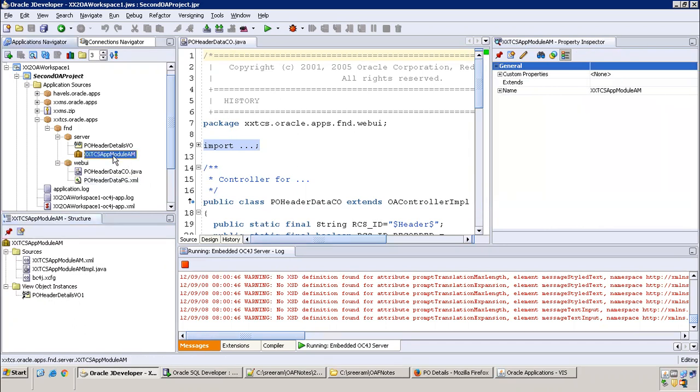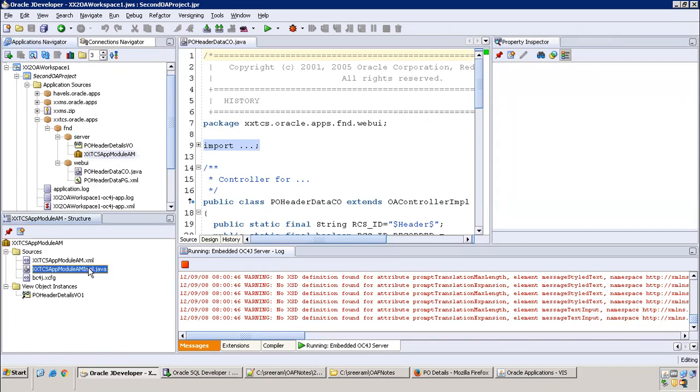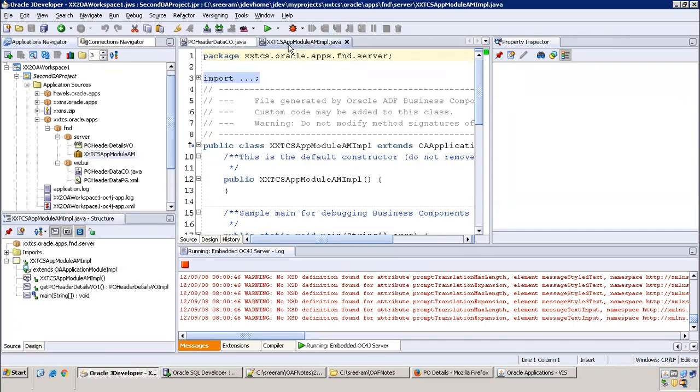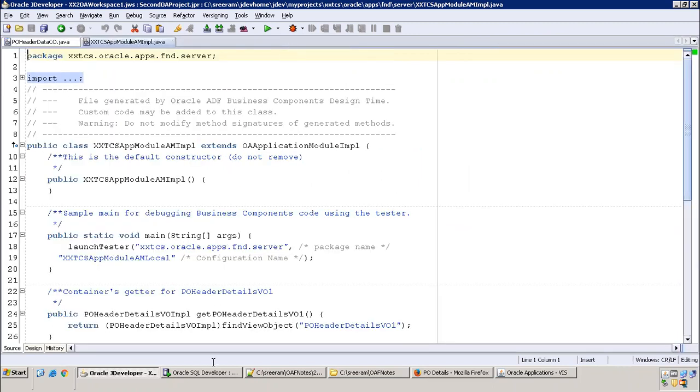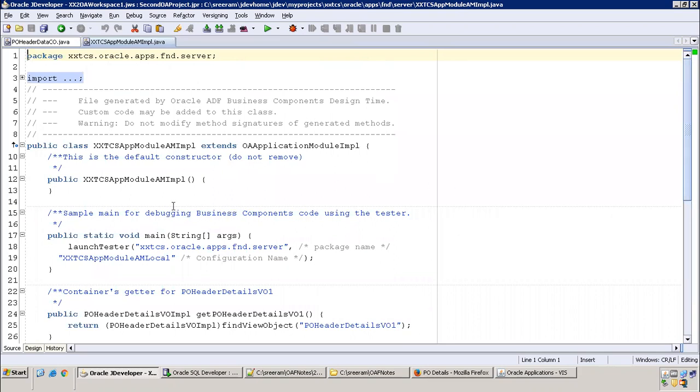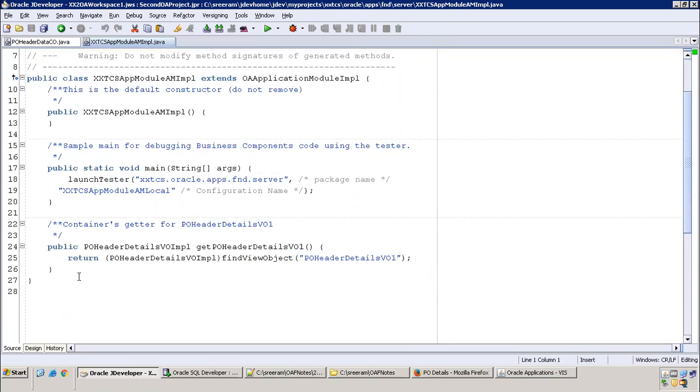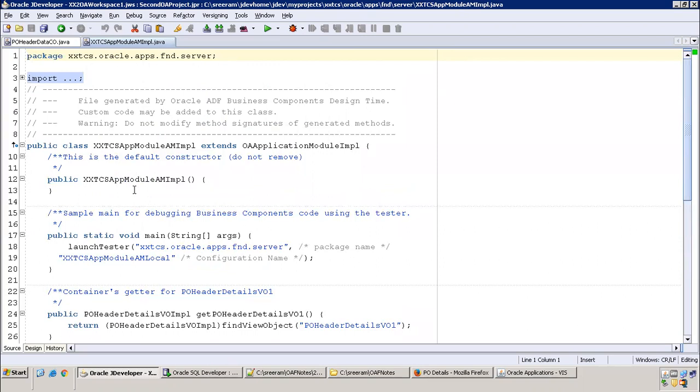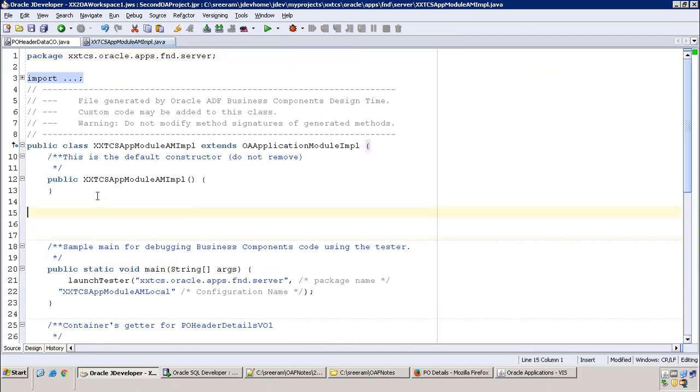First, I'll go to AM, click on AM, then click on AM IMPL Java here. Now expand this one. If you just double click on this tab, it will expand so that we can write clearly. Inside this AM IMPL class, there are predefined generated methods which are already available. We do not need to disturb anything as of now. Just ignore them. Let it be. You should not delete them either.